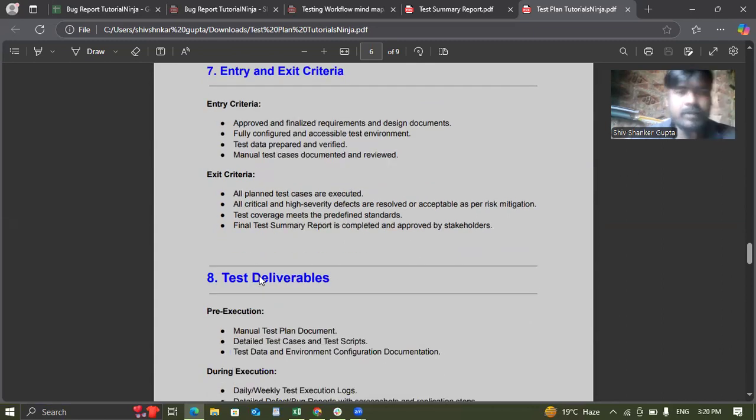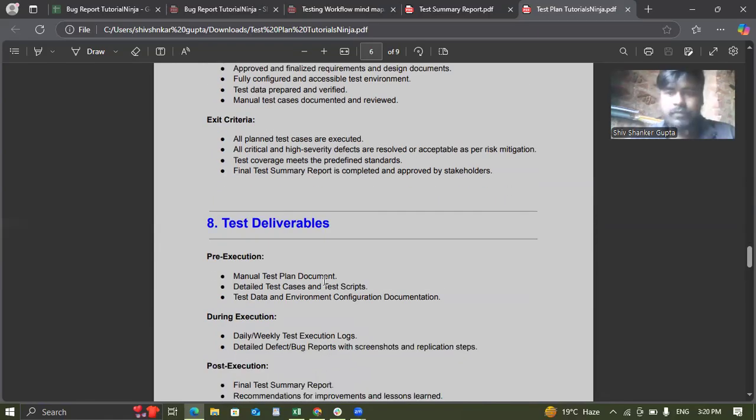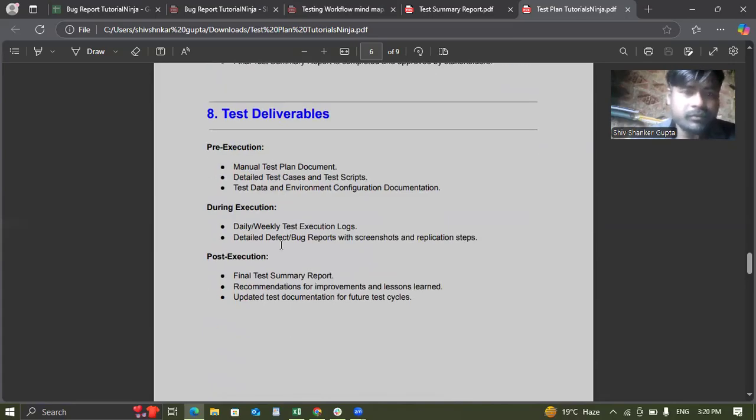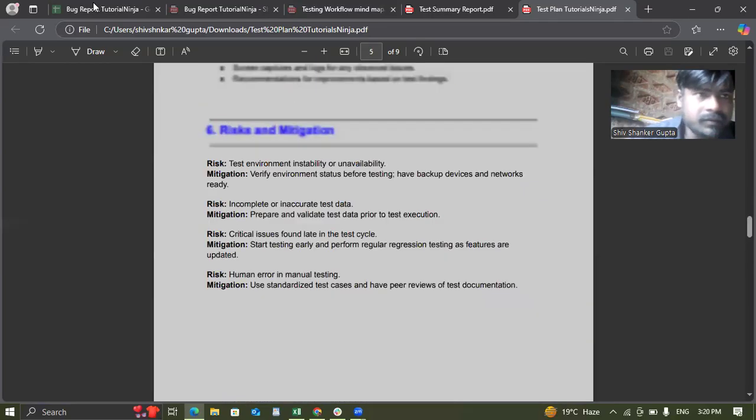Next up, exit criteria. All planned test cases are executed. All critical and high severity defects are resolved or acceptable as per risk mitigation. Test deliverables: during execution, manual test plans, daily and weekly test execution logs, detailed defect and bug reports with screenshots and replication steps. Post execution, the final summary reports and improvement documentation to update test documents for the future. And next is a